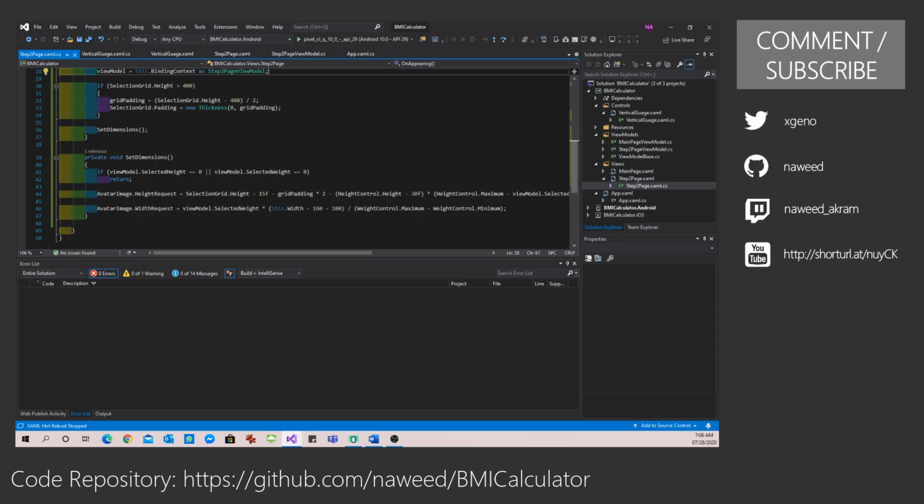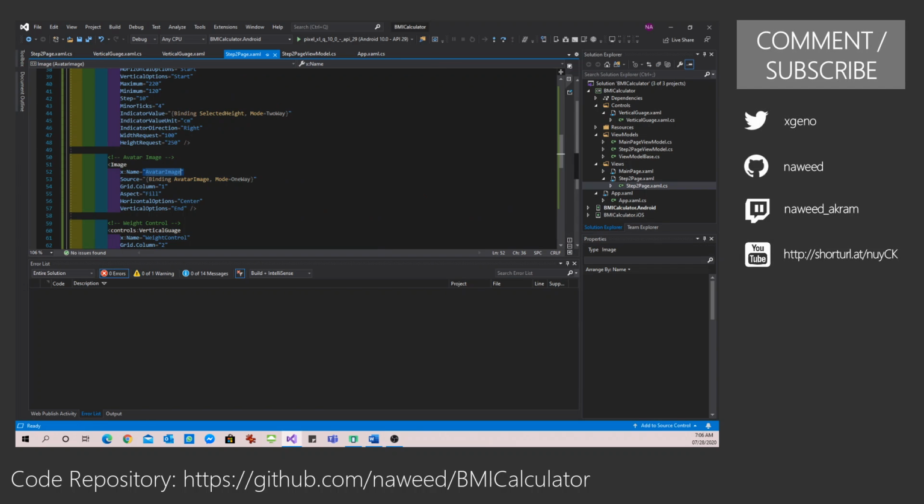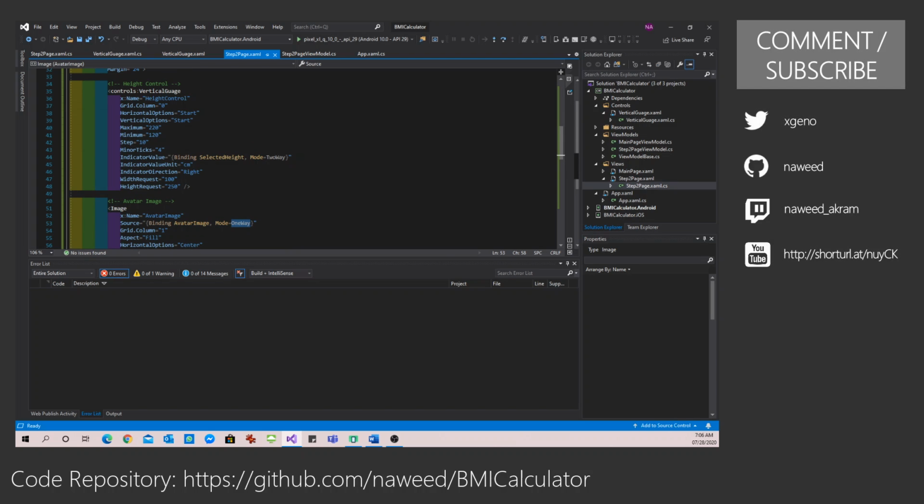For this, we can achieve this very easily by raising an event from our view model. If you remember, just to note, everywhere I am using binding mode one way, which is from view model to the UI. But for these controls, I am setting the binding mode to bidirectional, which means if anything changes in the view model, it gets reflected on the UI. If anything changes in the UI, it has to get reflected in the view model.